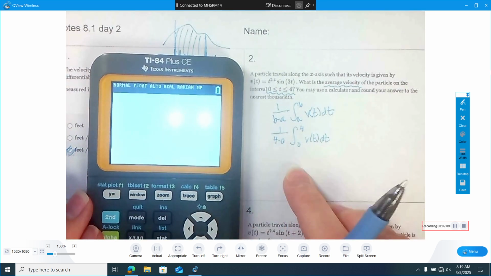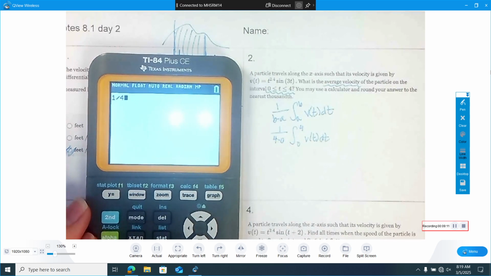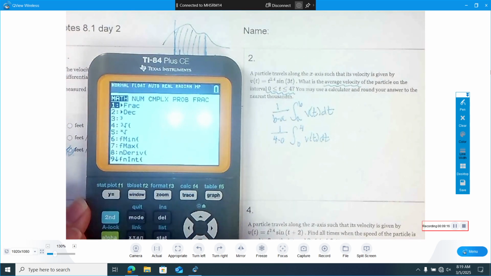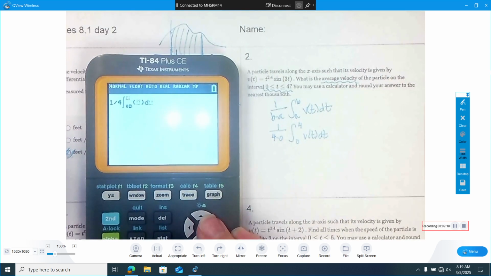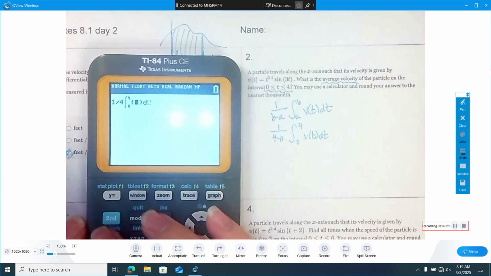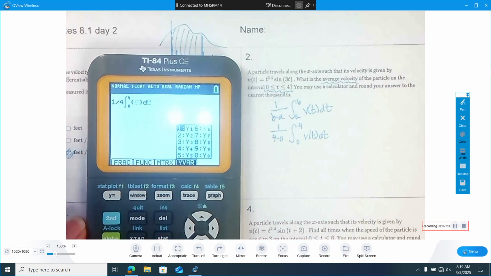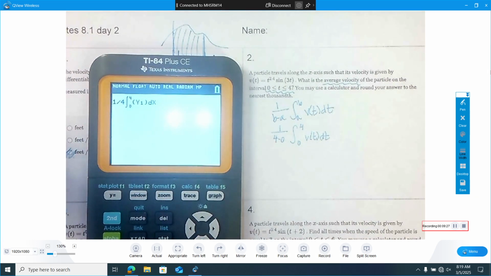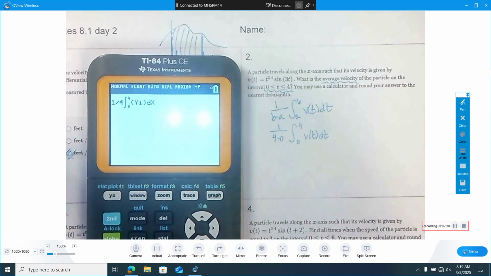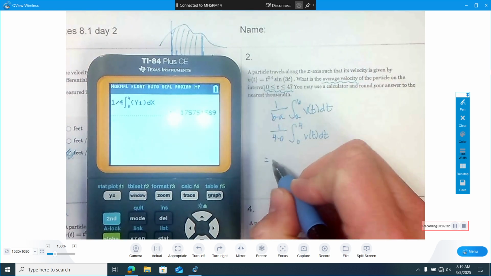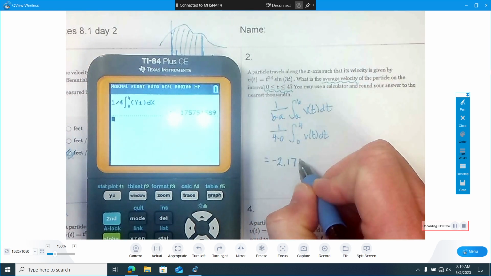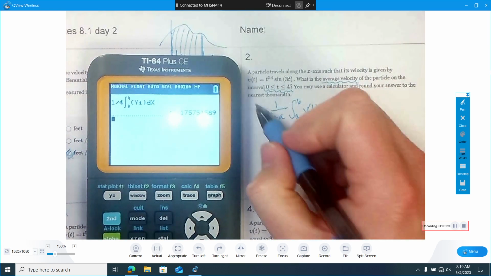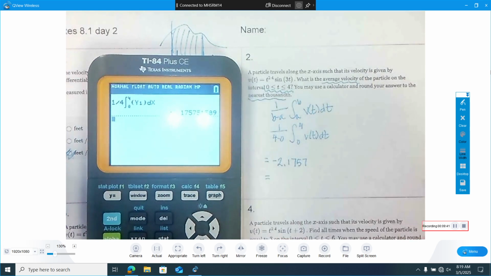Here we go. So what we're going to do then, I'm going to do 1 over 4, and then in my calculator, this is math 9, right? Math 9 is the integral from 0 to 4. And I'm going to do alpha f4 for y1 dx. And we get negative 2.1757-ish. Oh, they want us to round to the nearest thousandth in Delta Math, so do that,